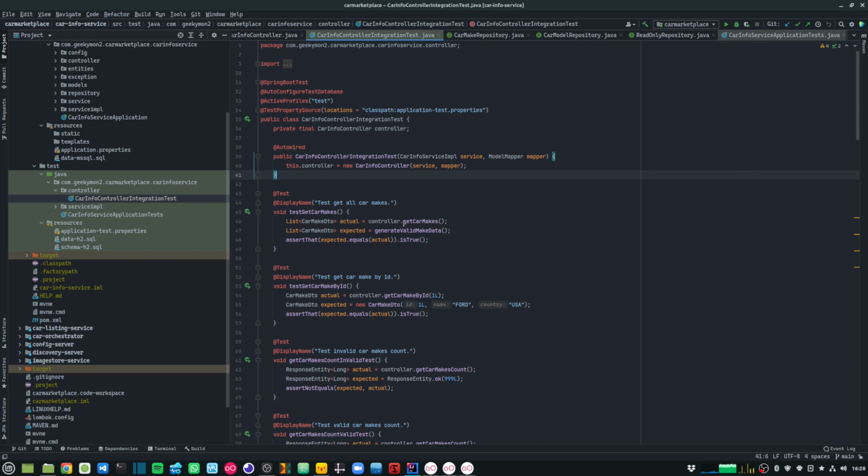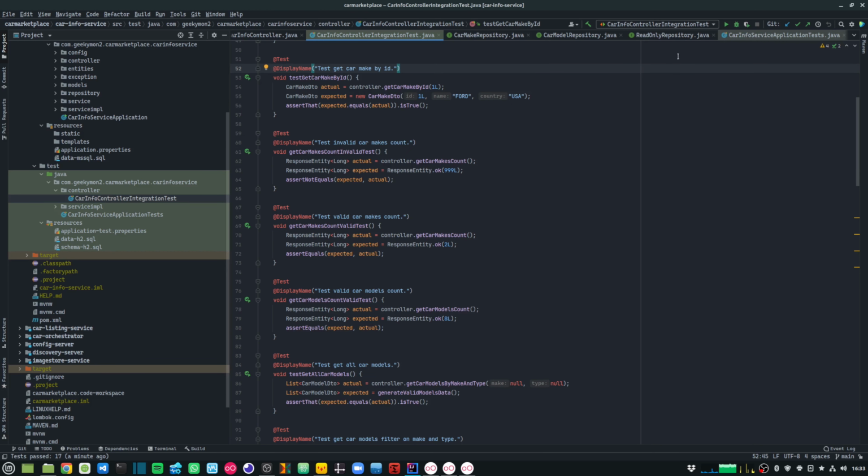To wire up my test class, I'm adding the Spring Boot test annotation and also providing auto-configured test database because I'm using an in-memory database. I'm setting up my active profile as test and also providing the test property source location of my application test properties file. Let us now go ahead and run our tests.